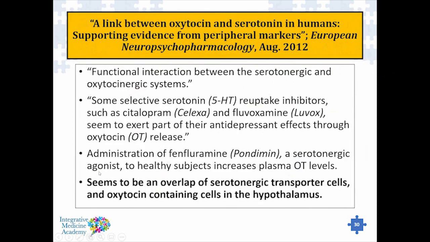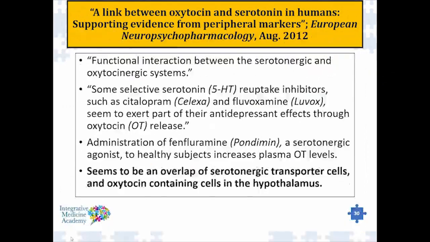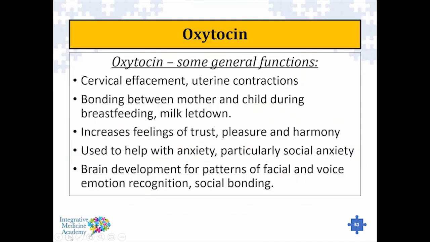Which brings us to oxytocin, because there's actually a relationship between serotonin and oxytocin, and an overlap within these systems. It's complicated, but there is a communication network between the serotonin system as well as the oxytocin system. And oxytocin, we know, is that bonding hormone. It's a hormone that's released